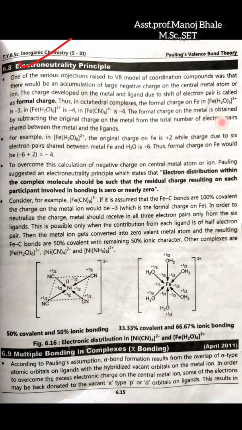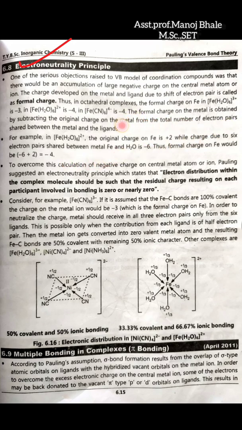Generally, I think all of you know very well how there is a formal charge on the complexes. In this complex, Fe surrounded by 6 water ligands and having +3 charge, there is a formal charge of -3. In Fe water, surrounded by +2, there is a formal charge of -4. In the next example, iron surrounded by 6 cyanide, having -4 charge, there is a formal charge which is also -4. So these are the formal charges we can calculate here.